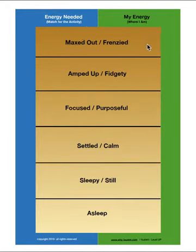The states really reflect those biobehavioral arousal states, but with words that are familiar to our students or individuals on the spectrum. So things like maxed out and frenzied for extremely dysregulated, amped up and fidgety would be our agitated state, focused and purposeful, settled and calm, sleepy and still, and asleep. You'll notice these words are purposely chosen to reflect internal energy, so what it might feel like and what it might look like, but purposely do not have emotion words tied to them, because remember, arousal states can happen with